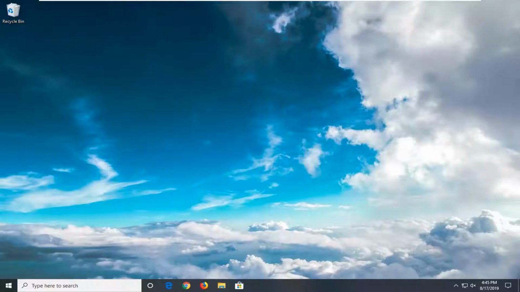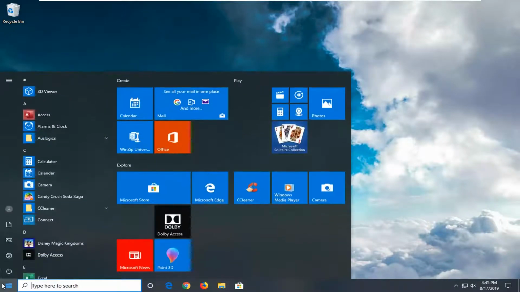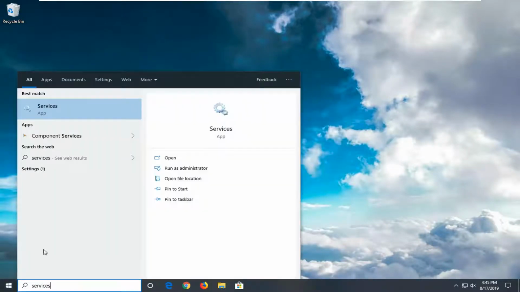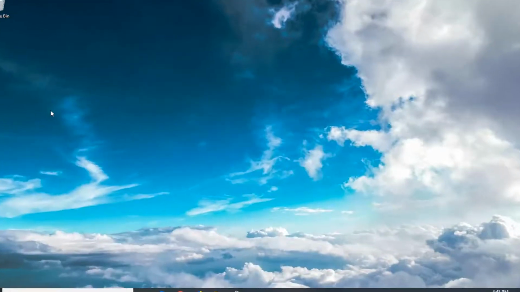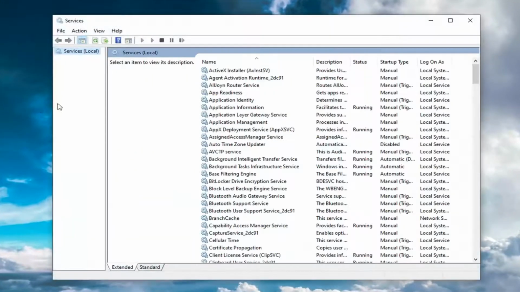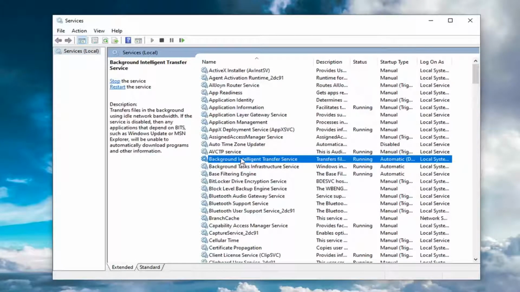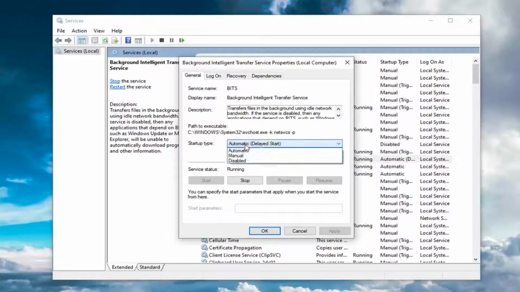So if you're still experiencing an issue, you can go ahead and open up the Start menu, type in Services. Best match should come back with Services right above App. Go ahead and left click on that. The first service you want to locate is the Background Intelligence Transfer Service. So go double click on that. Make sure startup type is either automatic or automatic delayed start, and service status is also running. So if it's currently stopped, you want to select the start option and then select apply and OK to save